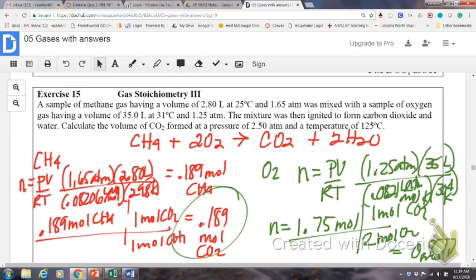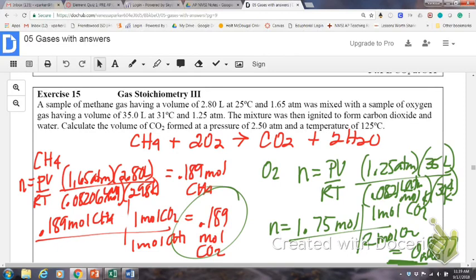Wait, what is that number of the moles of CO2 for oxygen? Where? What number? There's a lot of numbers up there, sweetheart. No, like the one where you did N is equal to? Right here? Yeah, what is that number? Oh, it's 0.877. Oh, okay. I just was not writing clearly because I knew I wasn't going to use it. Yeah, that's the 0.877 moles of CO2 from the oxygen, which is clearly more than 0.189, so the methane